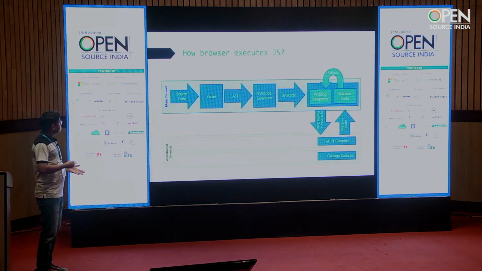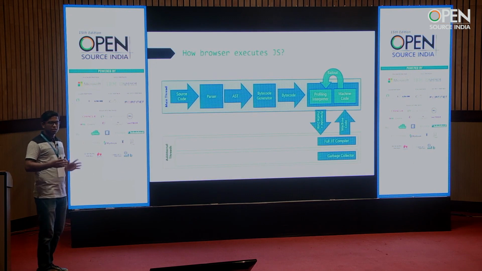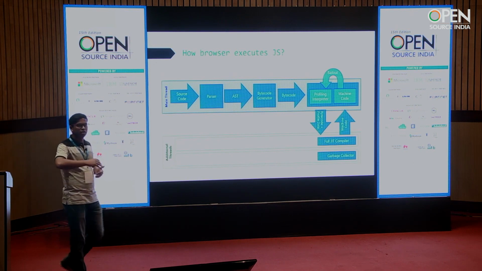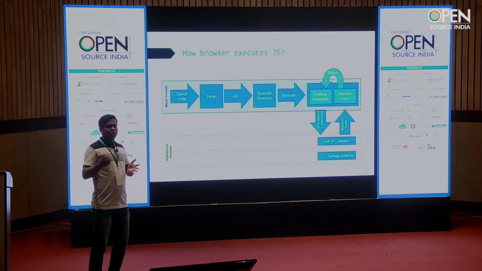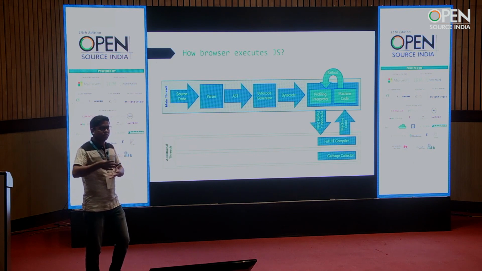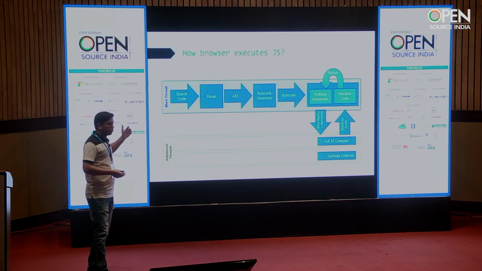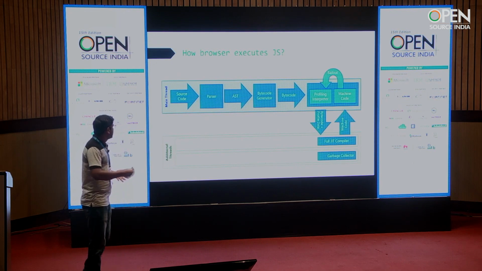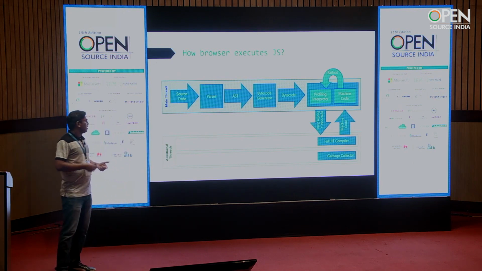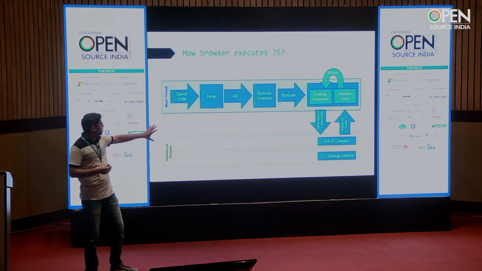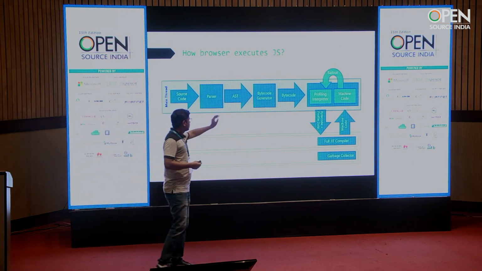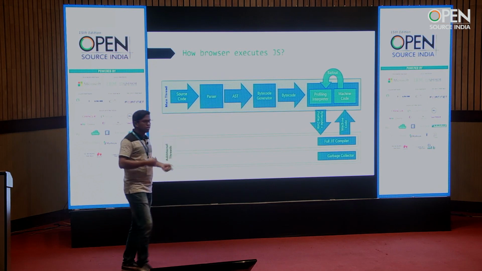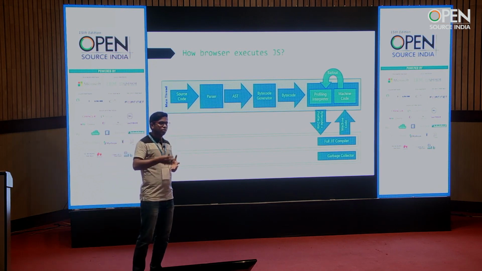This is how the browser executes JavaScript. For any JavaScript code you take, the parser will first go through the JavaScript syntax. The JavaScript compiler has certain conditions to execute a JavaScript file. So it will first parse it and build an abstract syntax tree, which is understandable by the JavaScript compiler, and then generate the bytecode out of it. Then on that bytecode, this is where the JIT compiler comes in. The JIT part executes whenever your interpreter is executing your JavaScript code. The JIT compiler is actually monitoring and profiling your code, and it is storing